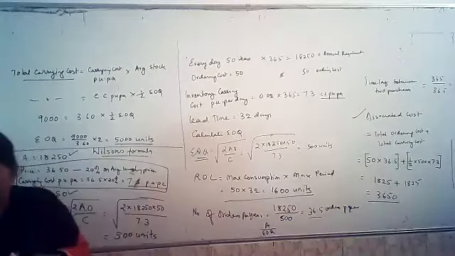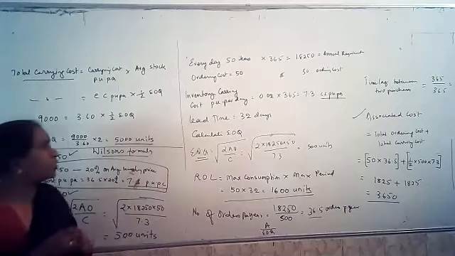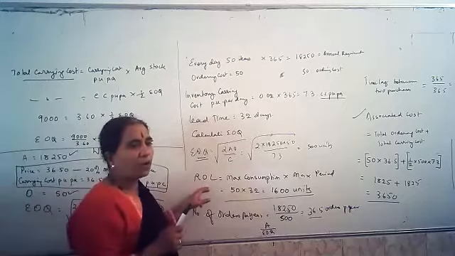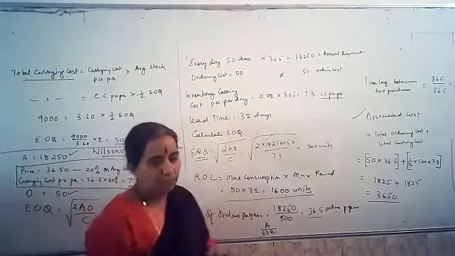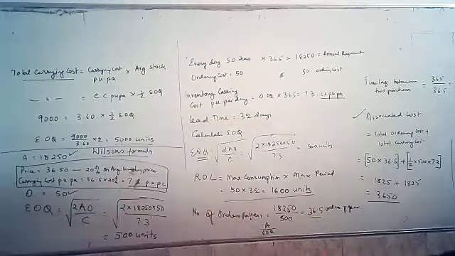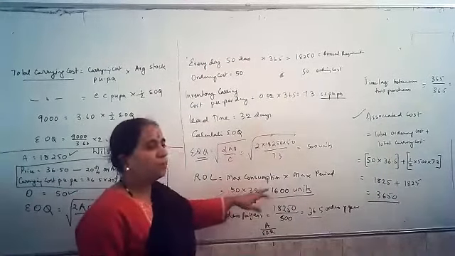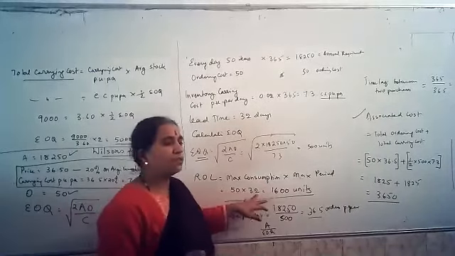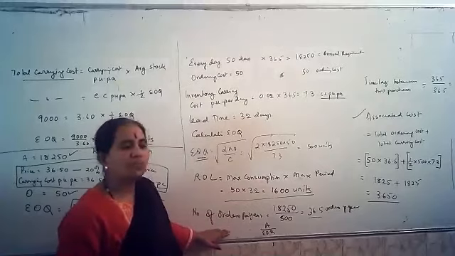So we have seen different things in this particular problem. We found out how to calculate the ROL, that is your reorder level. Reorder level is equal to maximum consumption multiplied by maximum period. I assume here 50 is my maximum consumption and 32 is the lead time. So I have calculated ROL, number of orders per year,